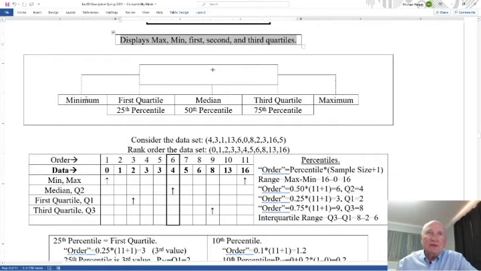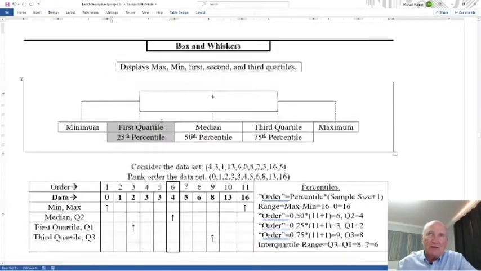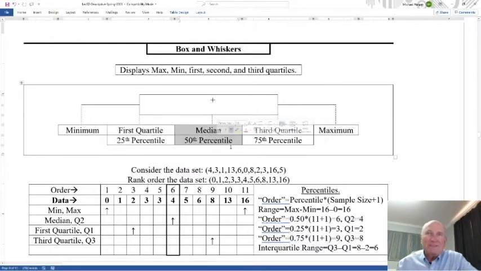But it does illustrate 5 different measures. The minimum, maximum, first quartile, which is the 25th percentile. The median, which is the 50th percentile or the second quartile. And the 75th percentile, which is the third quartile. And it gives you 5 numbers. Okay, now,